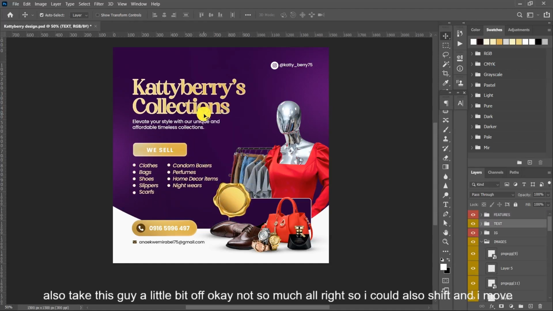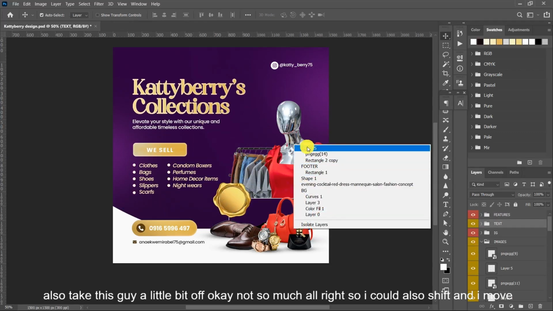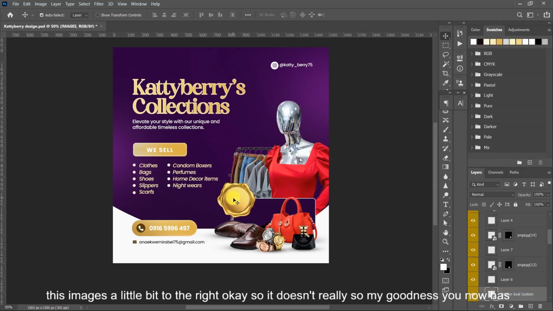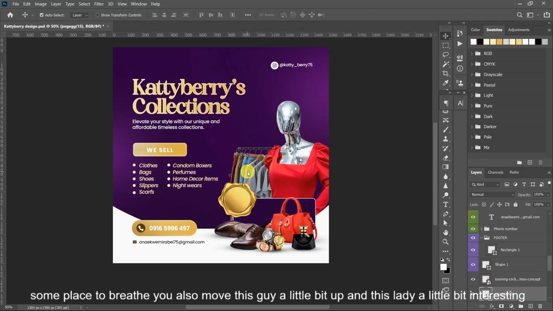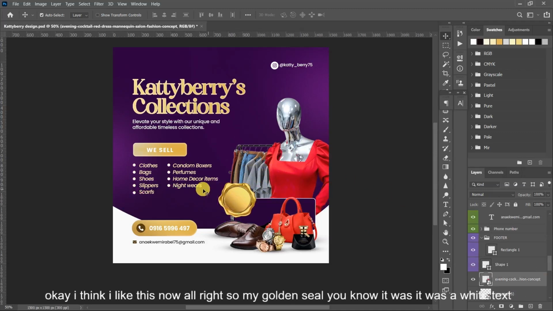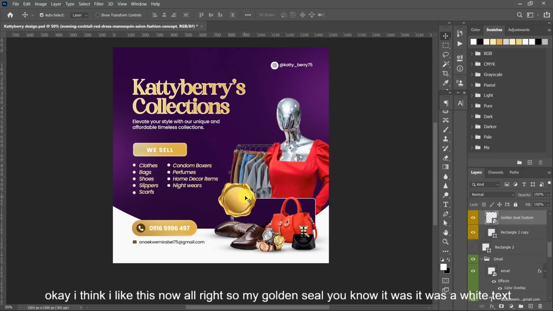Okay, not so much. Alright. So I could also shift and move these images a little bit to the right. So my golden seal now has some place to breathe. Also move this a little bit up and this lady a little bit up. Interesting. Okay, I think I like this now. All right, so my golden seal